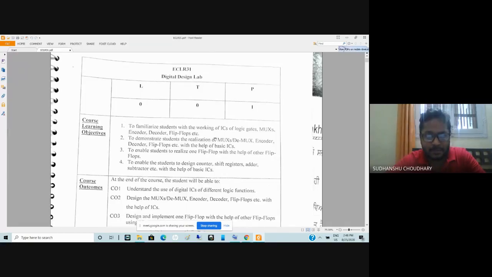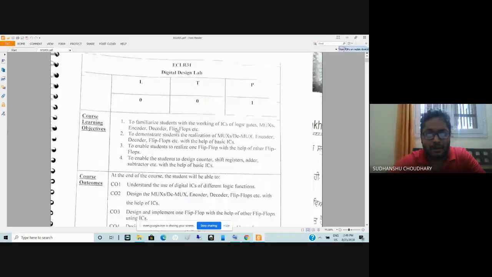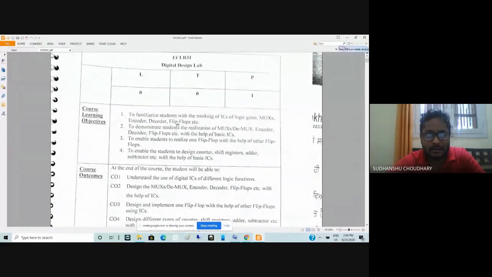Yeah? So for example, you can think about realizing a multiplexer using logic gates, or maybe an encoder, or maybe a decoder, or even flip-flops, right? Or even counters, or even more complex functions you can think of, designing and verifying using these ICs which contain gates. We'll have to connect these ICs and the gates inside them by some wiring, and then supply power, and then you have to verify the output corresponding to the inputs. Okay.